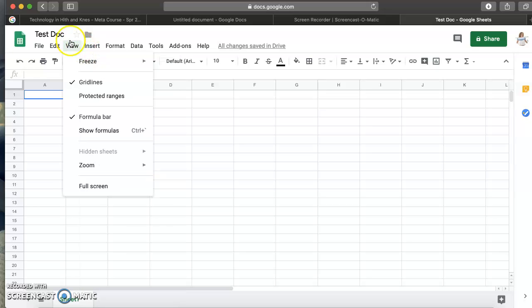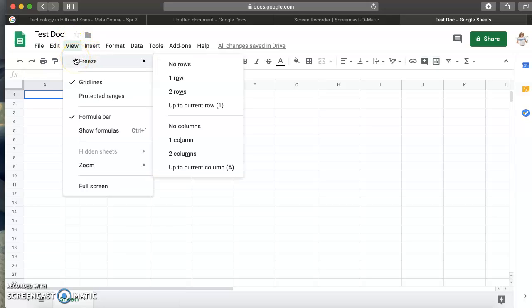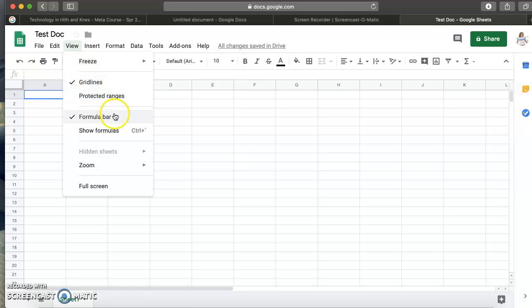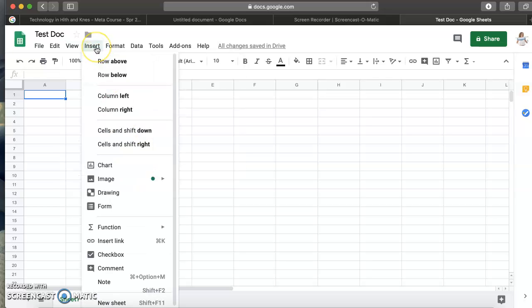In our view, you have a freeze option, so you can do no rows, one row, up to the current row, no columns, one column, two, or up to the current column. You have grid lines, protected ranges, a formula bar. You can show your formulas. You can have hidden sheets. You can zoom or do a full screen. Since it's a sheet, you can add a row above or below, a column to the left or right,